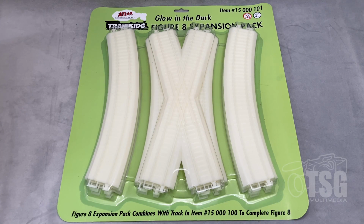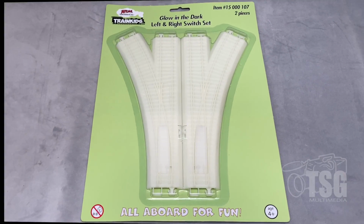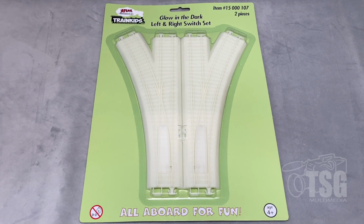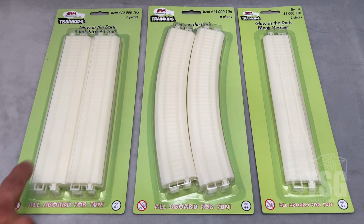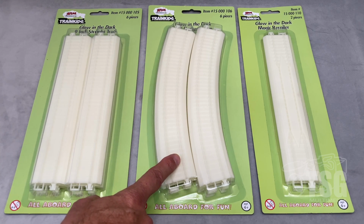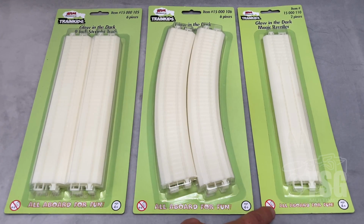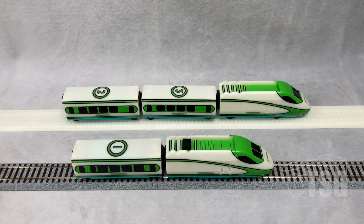Also available are track expansion kits, like this figure 8. They also make glow-in-the-dark turnouts. Then they also offer a 6-piece 9-inch straight track pack, a full 18-inch radius curve, and then a 2-pack. These are actually re-railers. And just briefly, while we're on the topic of track, this is Kato Unitrack, and you